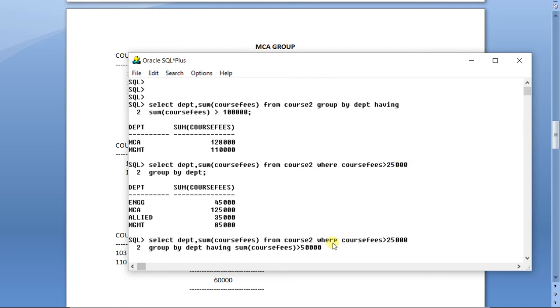Now two things will happen. First of all, individual records will be stopped from going into the groups.